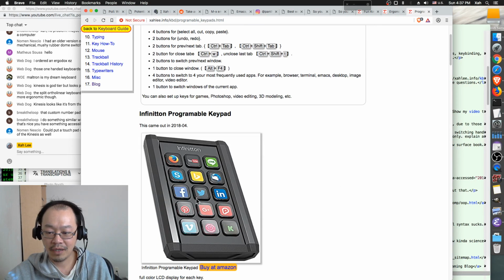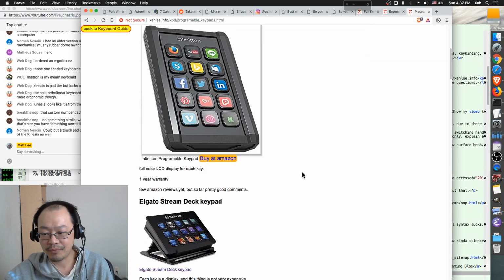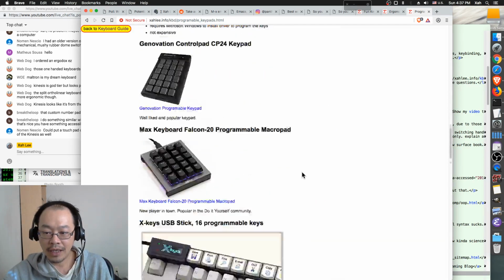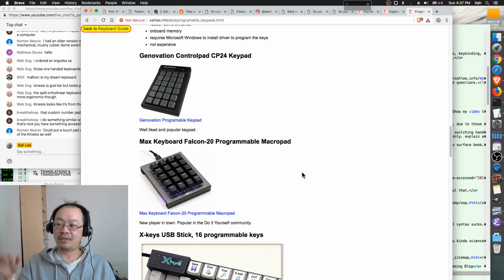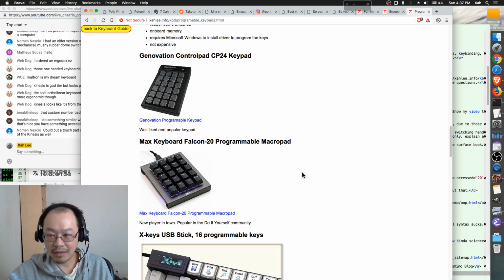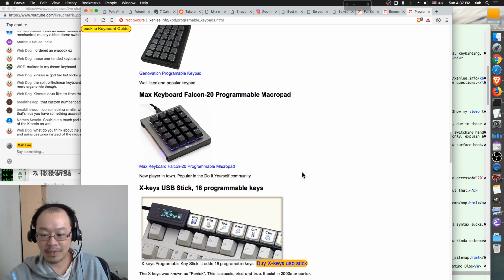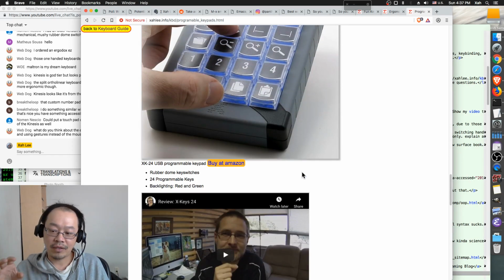Like this one, this one is also with little TV screens. Each key is a little TV screen. And their programmability differs a little bit. For example, anyway, I might talk about that later. But all these are programmable keyboards. So that's the best one. You want to get that.